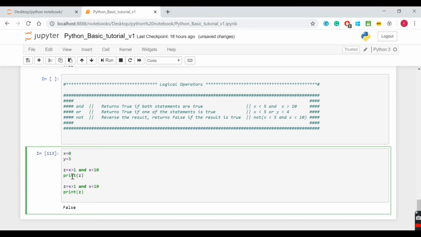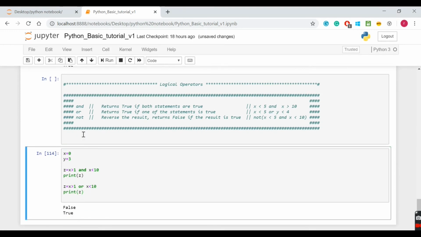Now let's start with the OR operation. The OR operation tells that if any one of the equations becomes true, then your final output will become true. So here in this case, one equation is false, one equation is true, then we are getting a true output. Even when both equations are true, you are also getting a true value, right? So both are becoming true.